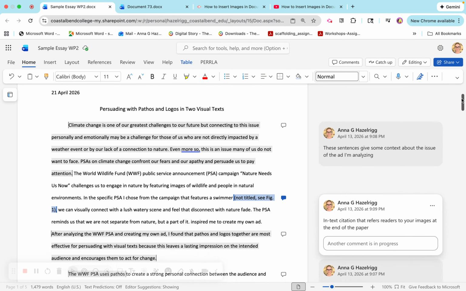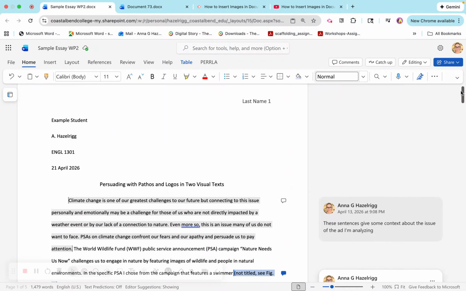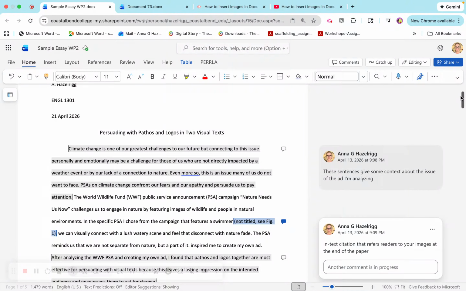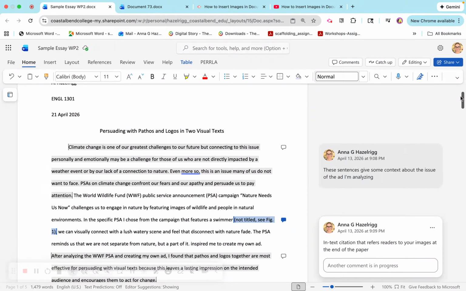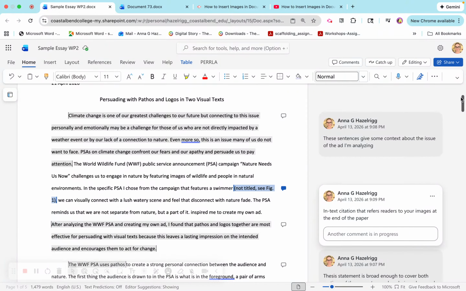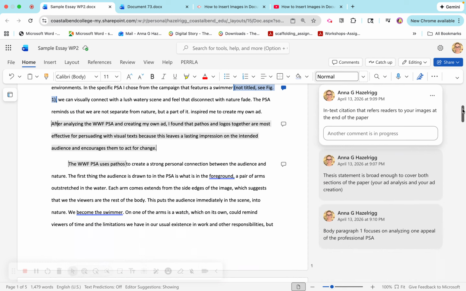But let me show you what it looks like. As you can tell, it's in MLA format with the usual header and title and all of those things, double spaced. Paragraphs have indents, right? Okay, so first we have our intro with our thesis statement, which is down here. Okay, and then scrolling down,